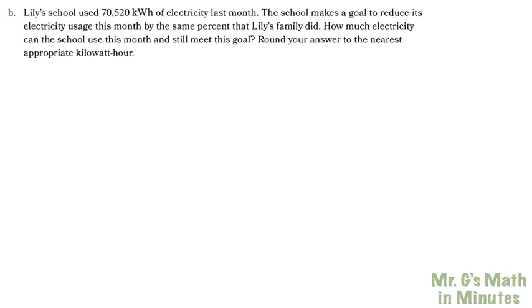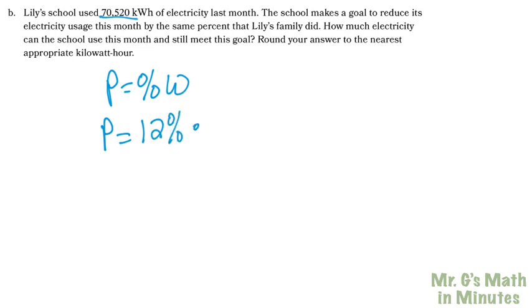Here's what I want to talk about with Lily's school. So Lily's school used 70,520 kilowatts of electricity last month. The school makes a goal to reduce its electricity usage this month by the same percent as Lily's family. How much electricity can the school use this month and still meet its goal? So again, we're doing part is equal to the percent times the whole. We are trying to figure out how much can they decrease it by. How much electricity can they actually use if they keep the 12% that Lily's family went down, and that their original is